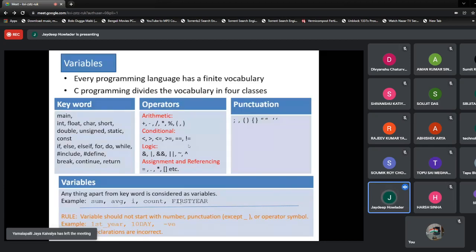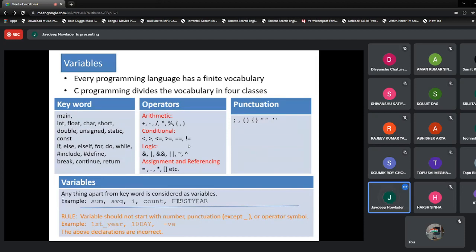But in this part, we try to understand the insight of the C programming language. Every language basically consists of some vocabularies. Like if you talk about English, we must have a vocabulary. There must be some grammar. There must be some symbols. Symbols are either expressive, or they are punctuations. So the C programming language is also designed with the same philosophy. We have a finite number of vocabularies.